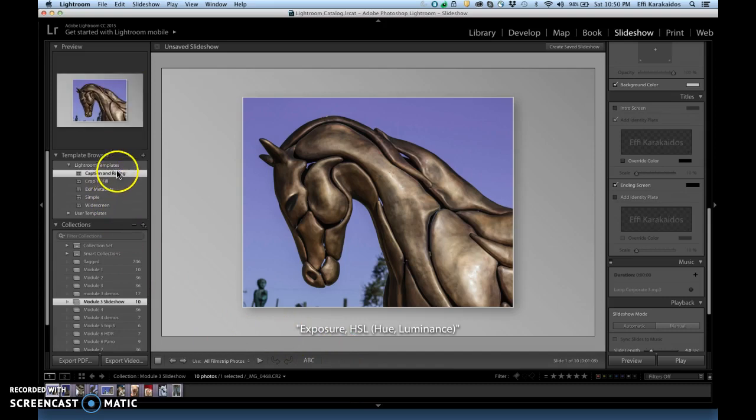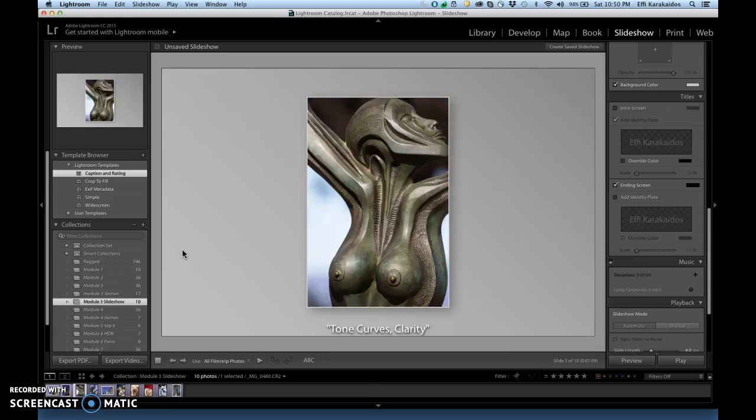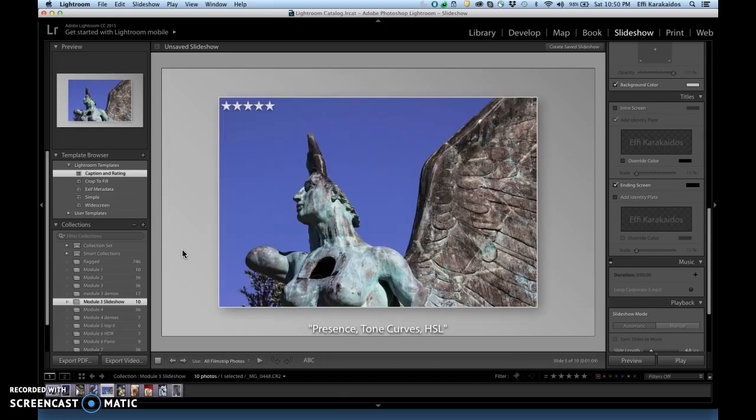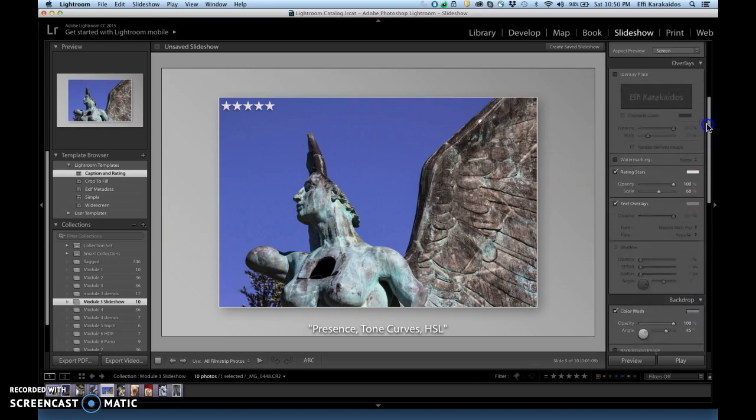It does also include star ratings, which I'm going to ask you to turn off for your slideshow presentation. And that's assuming that you have star ratings on one of your images, as was requested during assignment 1. Okay. So after you've chosen the caption and rating template,